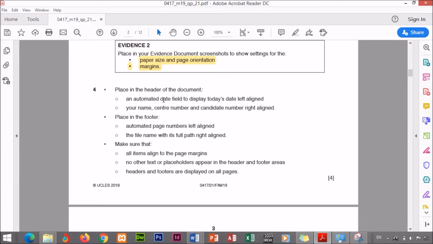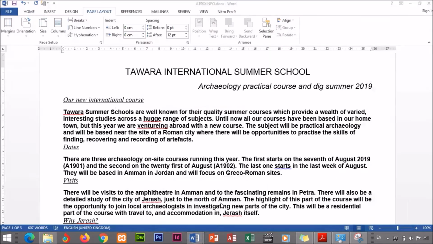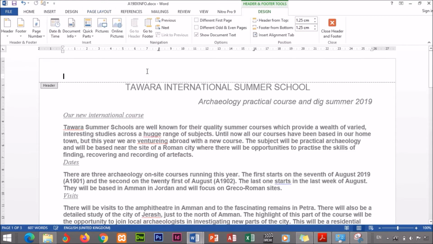Next, place in the header of the document an automated date field to display today's date, left aligned. Make sure inside the header of the document an automated date field displays today's date. Okay, go here. In the header, you double click here,